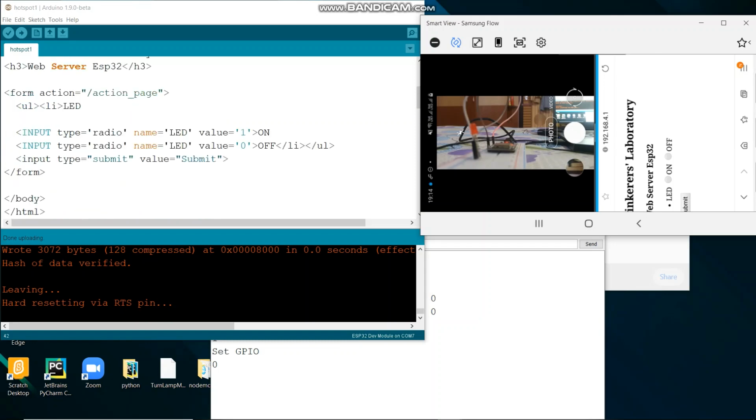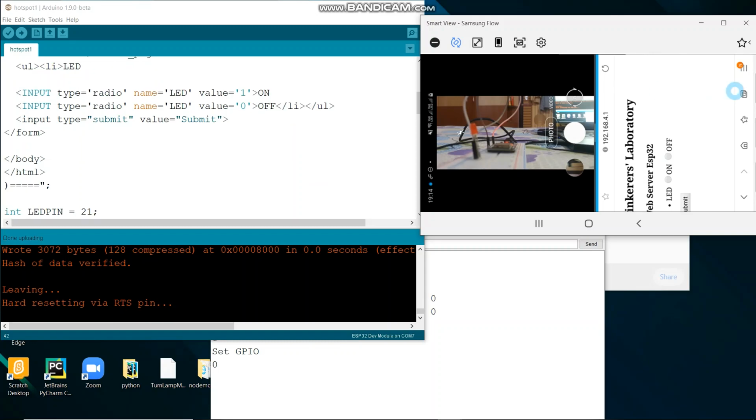You can write type equals text, name equals this, value equals this; you have to see the syntax. I will share the link for what you have to write here to get the value that the user has entered. Via that you can check if the value is what you have written in your code, then unlock the door, which means you have to add a motor.